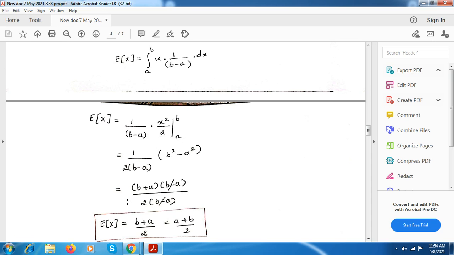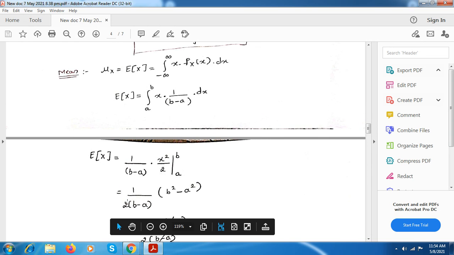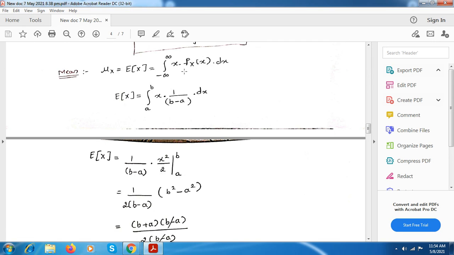For other distributions also, you can use this formula. Here instead of fx of x, you can put the PDF of those distributions. You can solve that and check the answer for those also. Here fx of x, we have put for the uniform distribution. Here you can check for other distributions also.